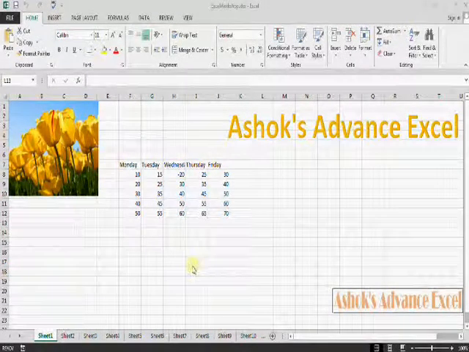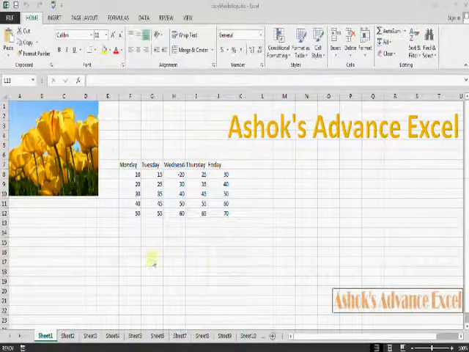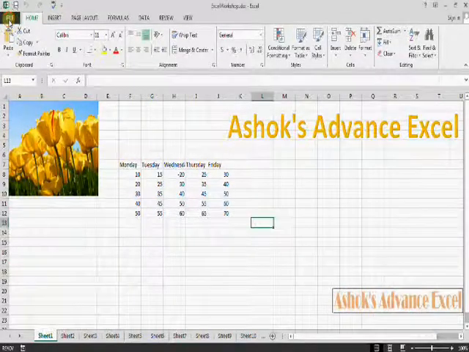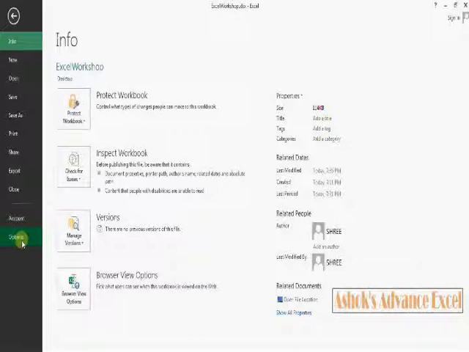Now Options. This is called Excel Options in earlier versions. Again, I would like to tell you, be careful with Excel Options, because if you make any changes here, it will affect your current and all future workbooks.